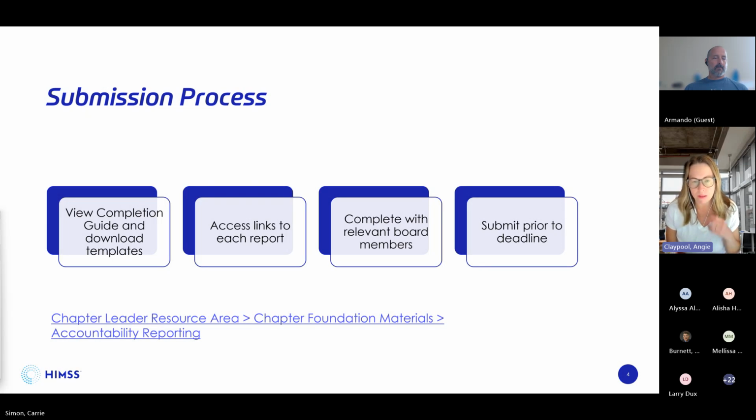It's going to be a whole lot smoother process if the burden isn't on just one individual, and we encourage you not to work in silos, but work together and share updates with the whole board. We want everyone to be in the loop throughout this process. And then lastly, submitting prior to deadline, which is the July 1st, August 1st, and November 1st deadlines. Next slide.